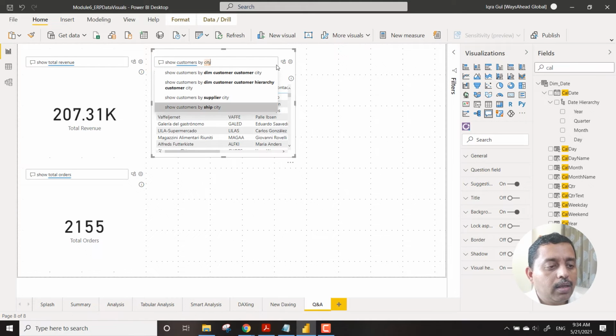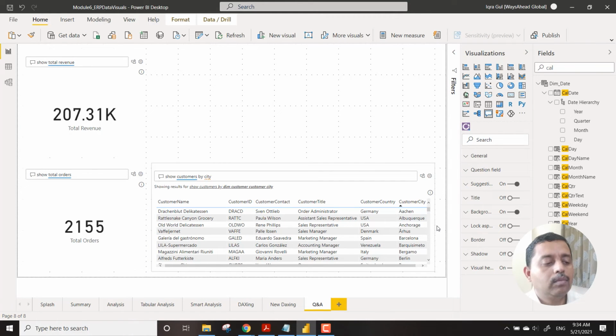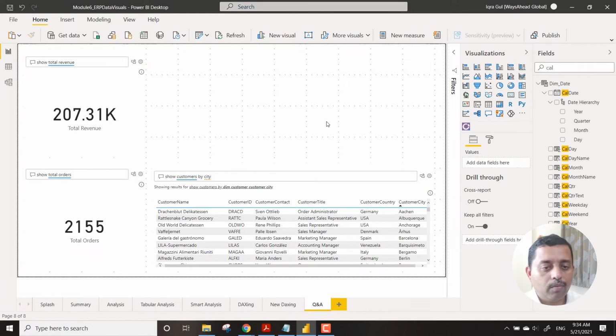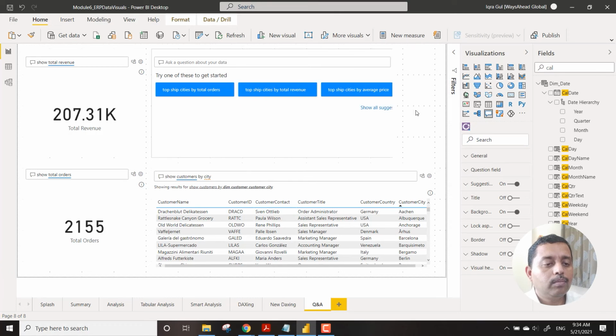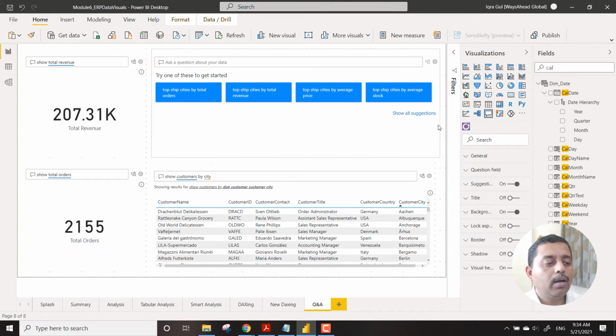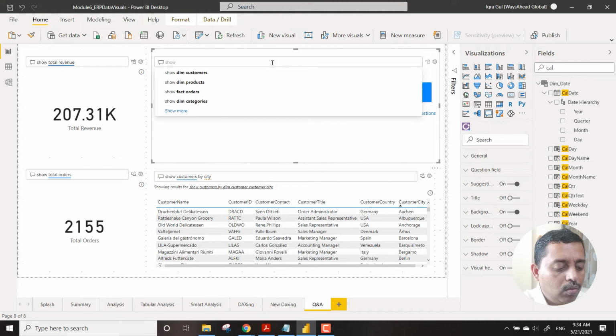So you can see it just brings in a table, something like this. So instantly it creates a table for you. Then you say that, okay, you bring it over here, and then you say